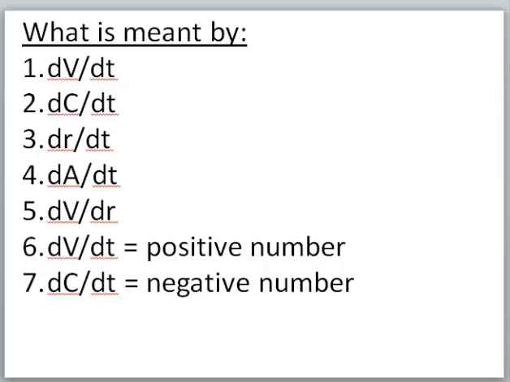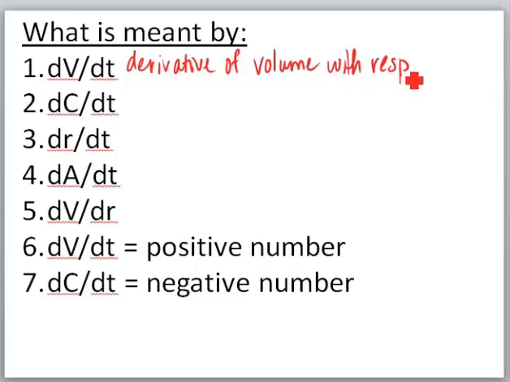Well, when I write dV over dt, I am talking about finding the derivative of the volume with respect to time. I'm not going to write each one of these, but I'll just say them. This one would be find the derivative of the circumference with respect to time. Number 3 would be the derivative of the radius with respect to time. The 4th one, the derivative of area with respect to time. The next one, the derivative of the volume